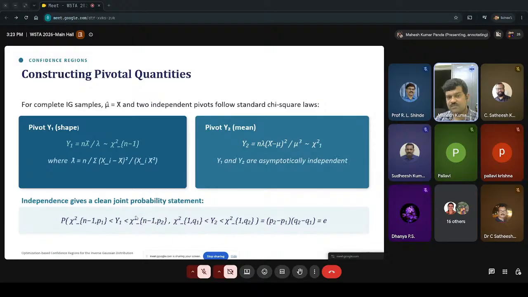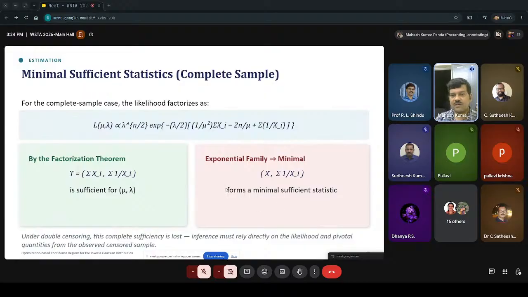Now we are interested in using a joint confidence region for these statistics. That is the probability that chi-square with n minus 1 degrees of freedom, p1, is less than y1, the upper limit being chi-square with n minus 1 degrees of freedom, p2. Similarly for y2, we find something like p2 minus p1, and then q2 minus q1, and we assign that this quantity is denoted by something like